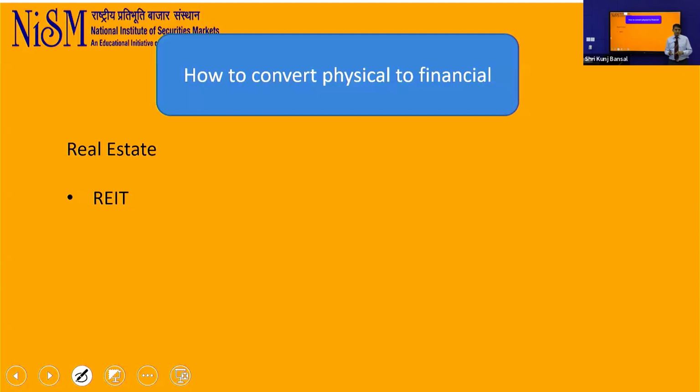So Sahil has asked, is REIT a popular instrument in India? Unfortunately, not till now. But going forward, it is likely to become popular. In fact, only 2 months ago, 3 months ago, in the month of November, SEBI has cleared smaller REITs also, SM REITs, small and medium real estate, which are likely to make it more popular. But again, that's the idea of today's webinar that we see. So what is a REIT?